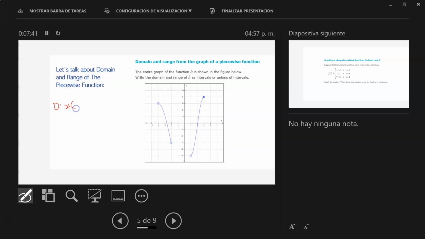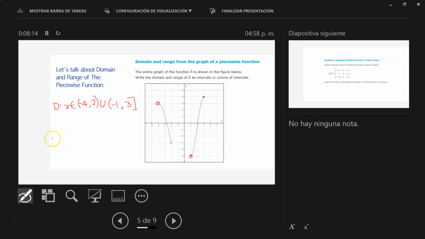So x is an element from -4 with a parenthesis, because we have a hole over here, and that hole means that you are not touching it, to -2, and -2 also uses a parenthesis. And then union, we also have values for x since 1, also with a parenthesis,